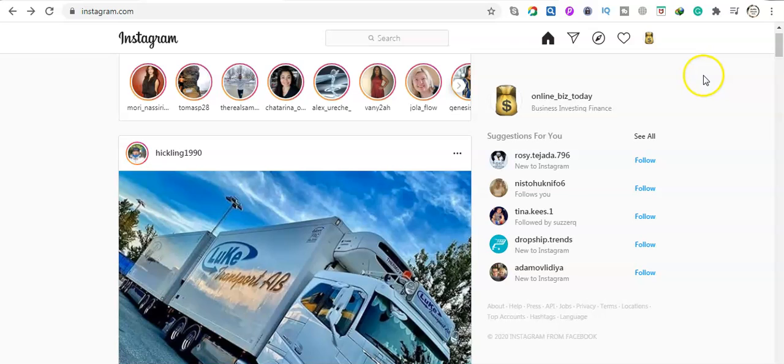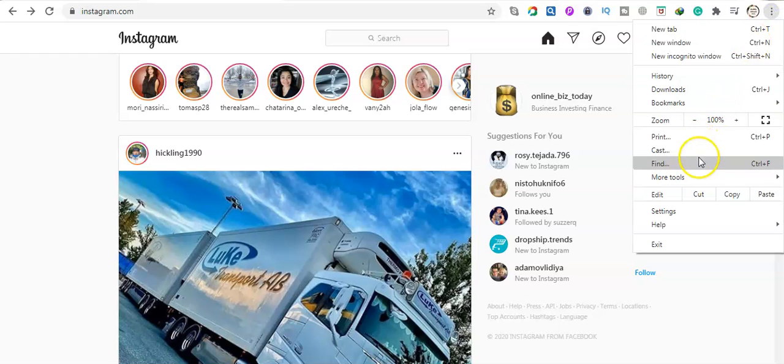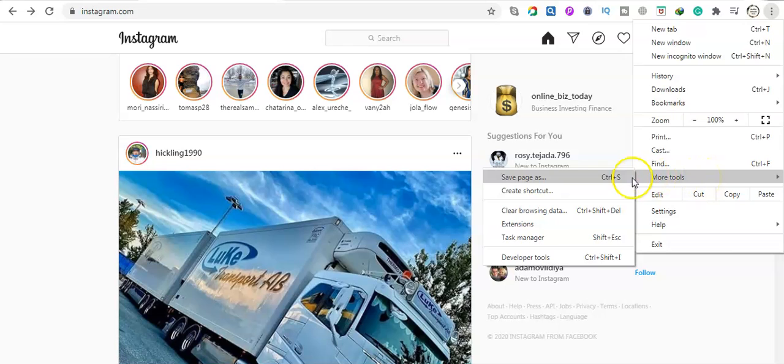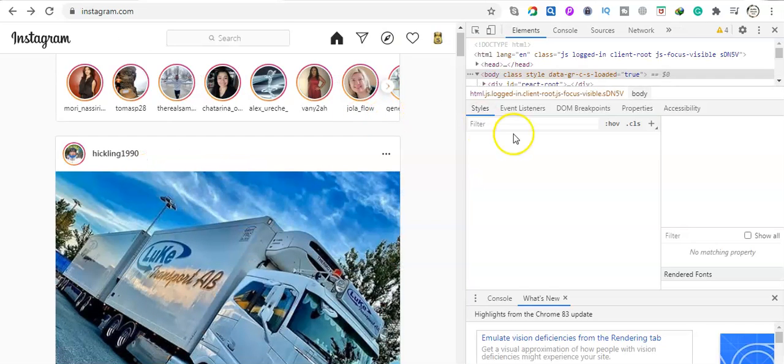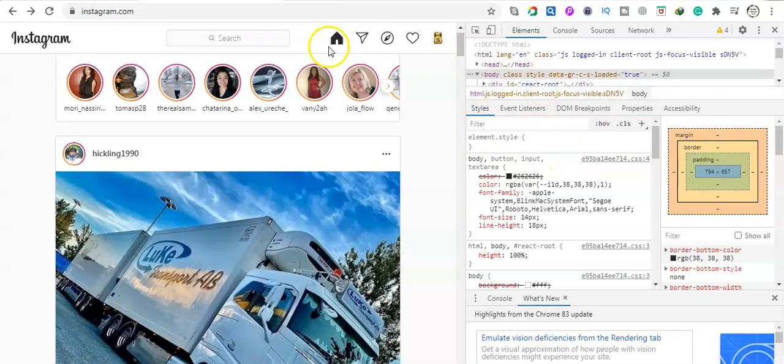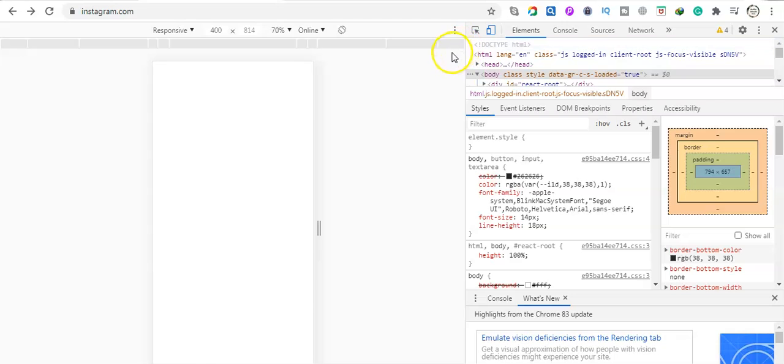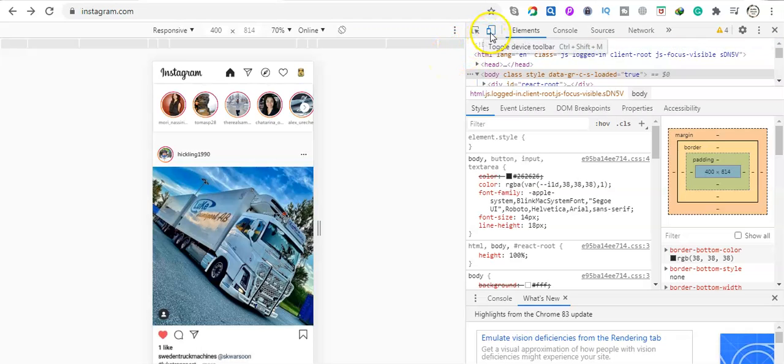Okay, first you need to go to Instagram and then log in. You click here on the three dots and then you go to more tools and then developer tools. You see here the elements and then next. Here you click, just be sure this turns blue,